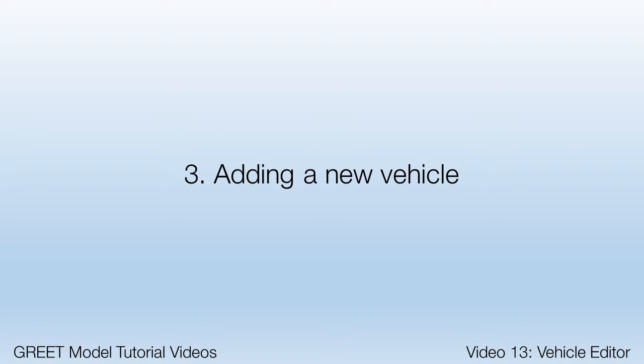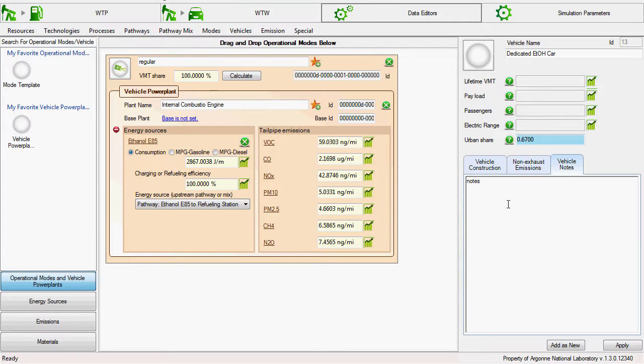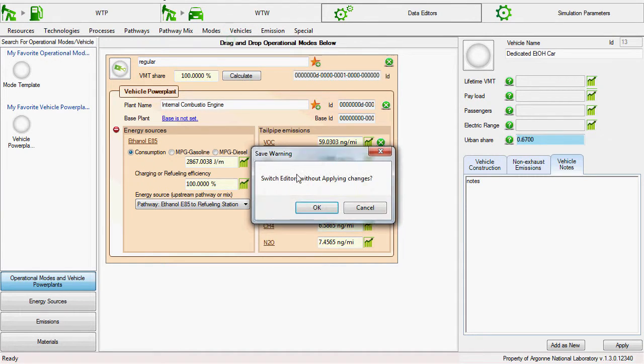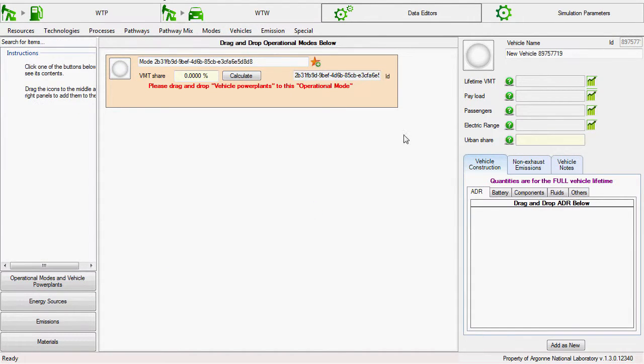Okay, in this last section of the video, I'll create a new example vehicle. I'll click on Vehicles in the menu and select Add Vehicle, and fill out some of the vehicle attributes at the right. Naming the vehicle is required, so I'll fill in Gasoline Car X, since the name Gasoline Car is already in use. I'll say it'll run for 160,000 miles,